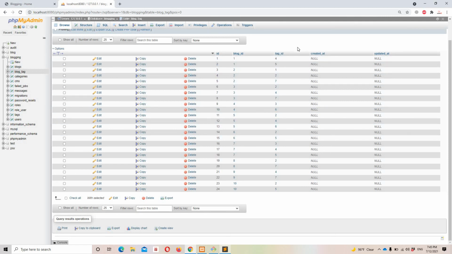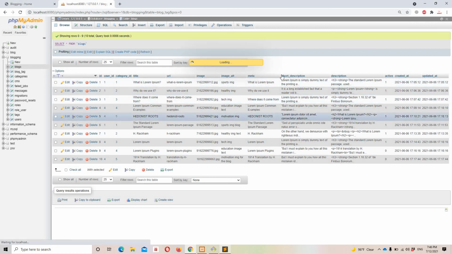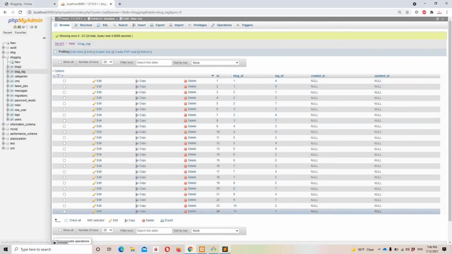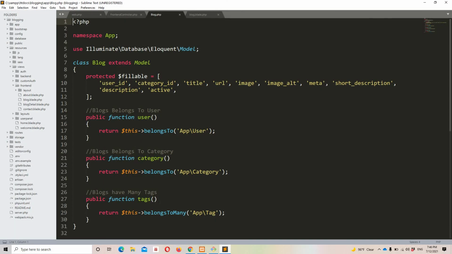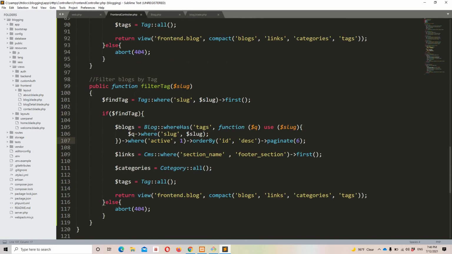Okay, we are getting all the tag IDs and the blog IDs which match our record, and finally we are returning our blogs which have a specific tag. As you can see, there is no link to the tags table right here. Everything is going on right here on the pivot table. So that's why we are using a relationship from right here. Okay guys, so yeah, let's move on.